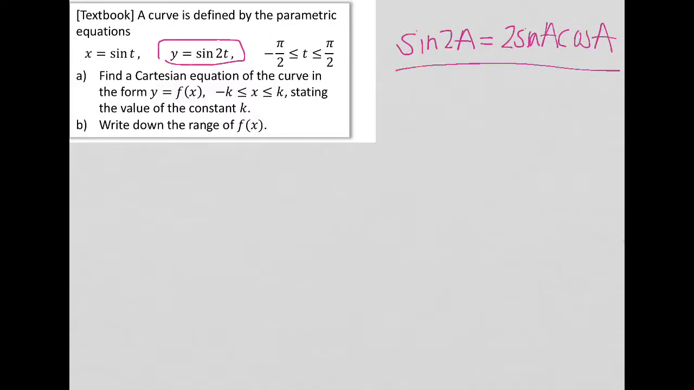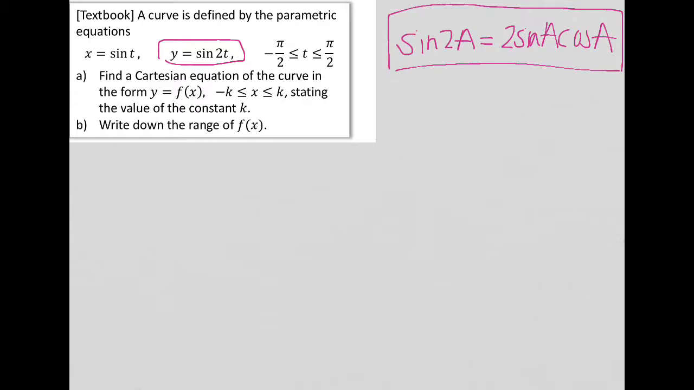Just like you've learned sine squared x plus cos squared x equals 1, this here is one you will learn that links double angle identities. So if we just accept that in case you haven't learnt it yet,